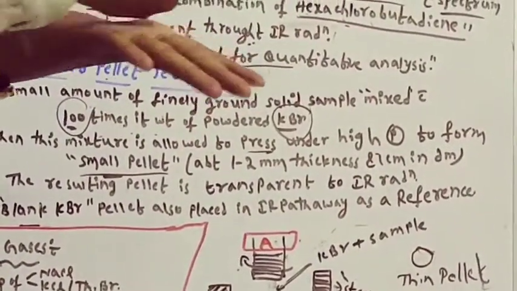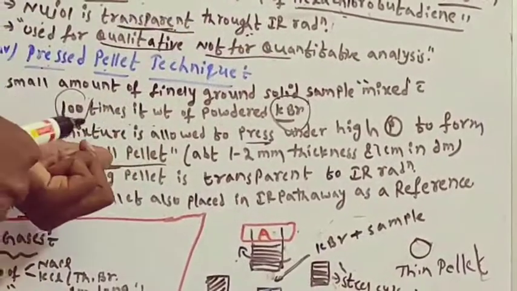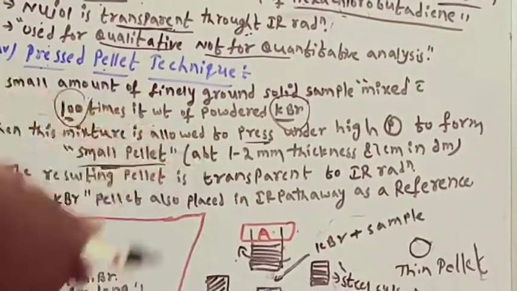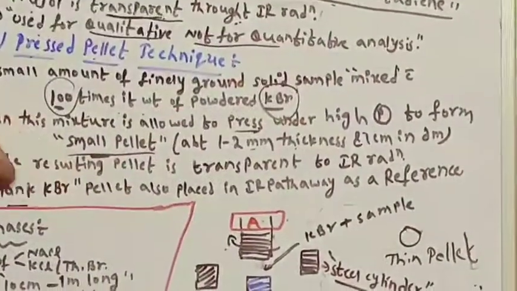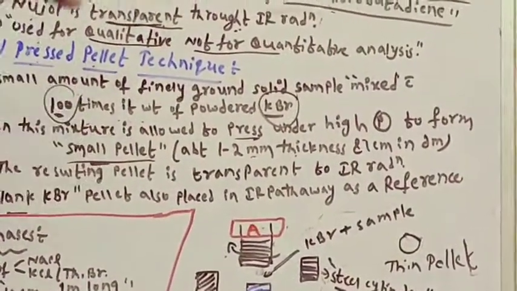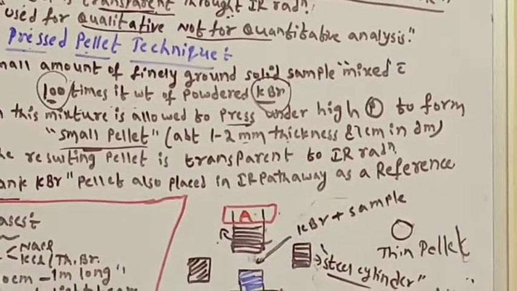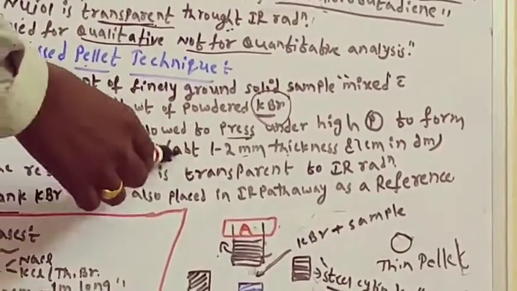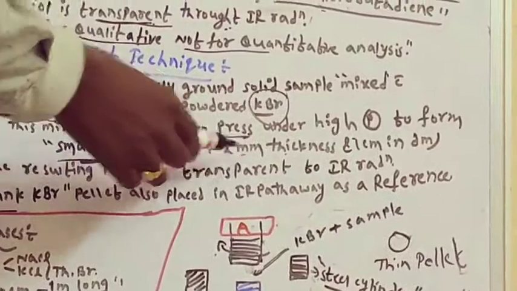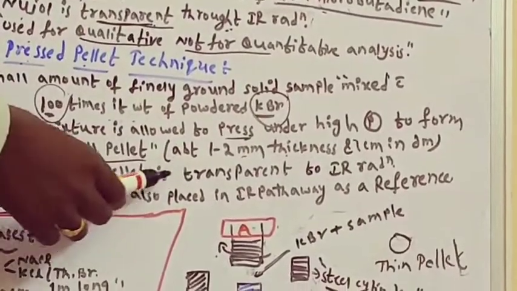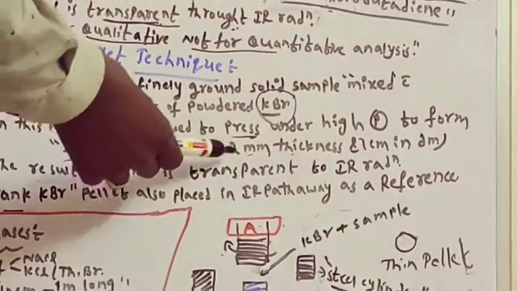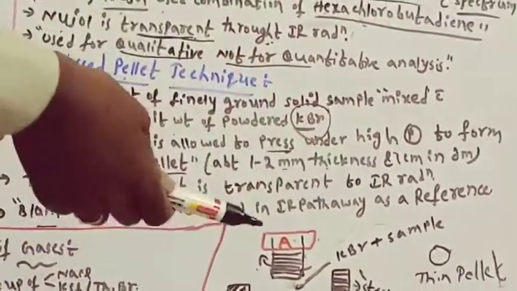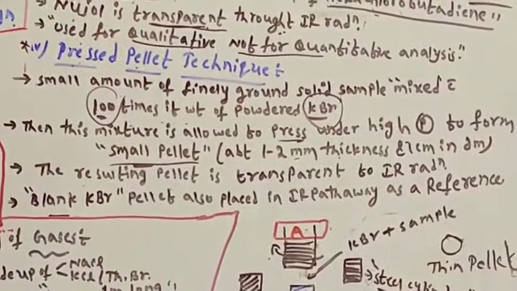It will form a small, thin pellet, about 1 to 2 mm thickness and 1 centimeter in diameter. Why this much range? Because the resulting pellet must be transparent to the IR radiation. If the pellet is formed at 1 to 2 mm thickness and 1 centimeter in diameter, the resulting pellet will